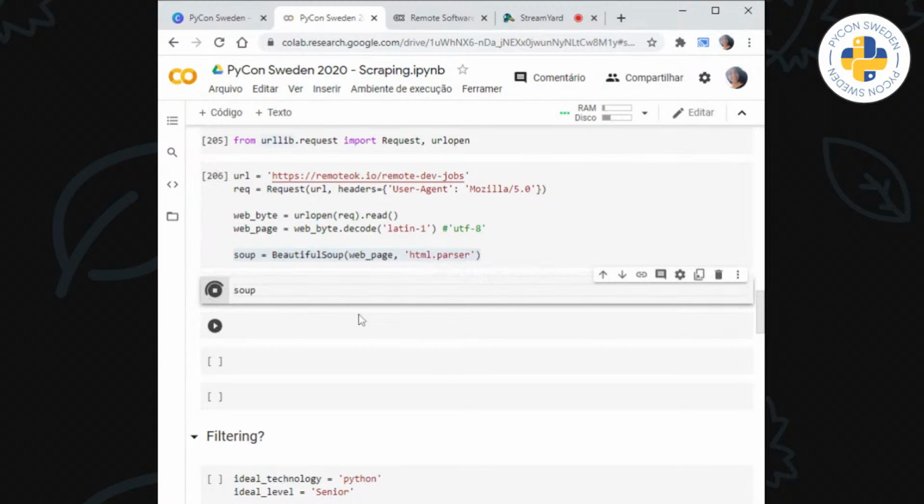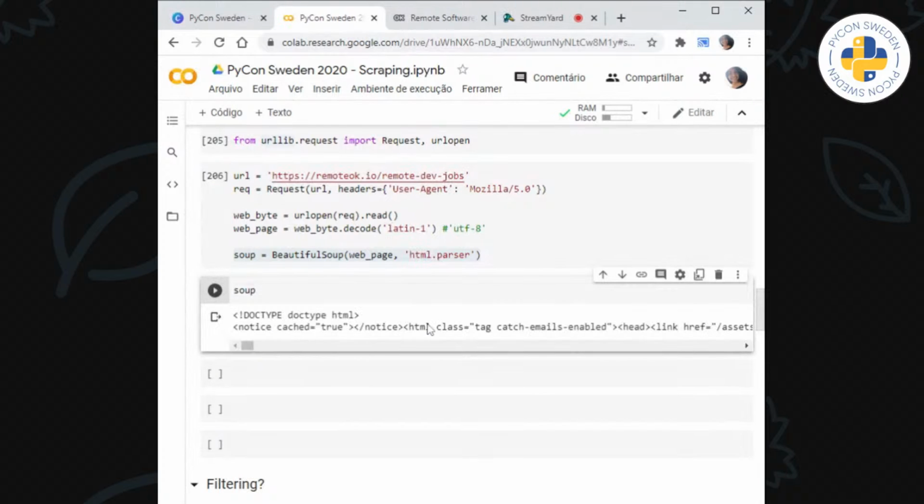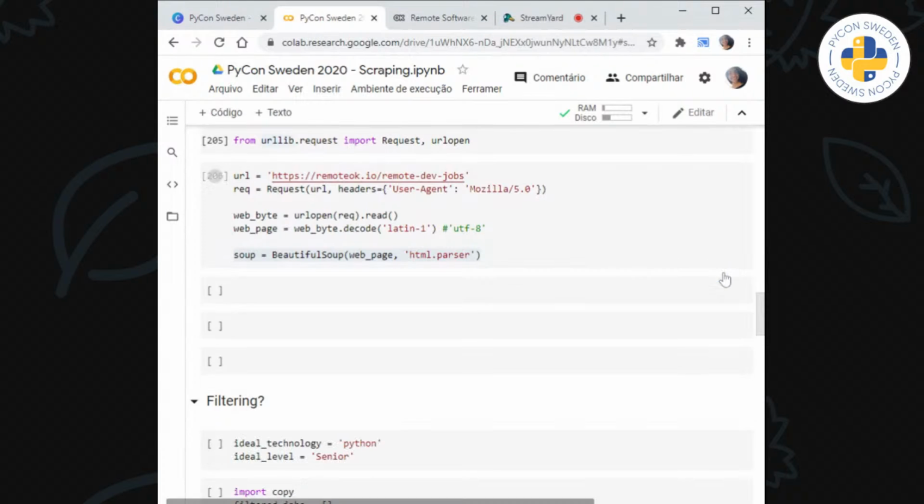Let's see, a little bit slow. Yeah. So as I said, it should return the whole page. And now that we have the whole page, we should actually get the jobs.